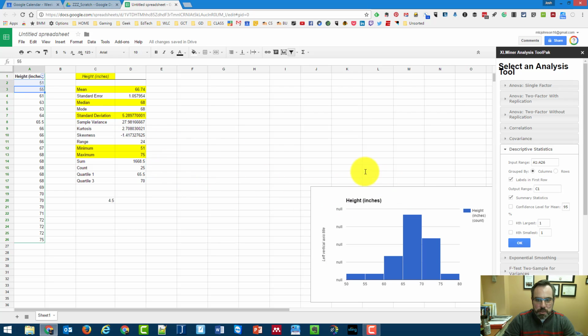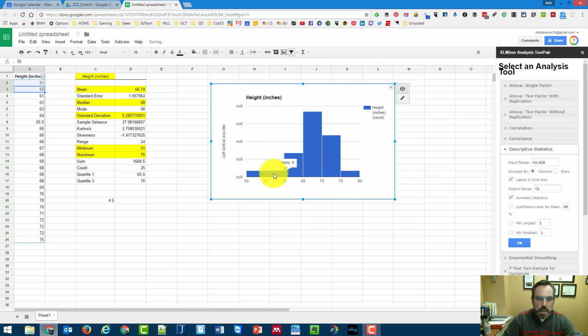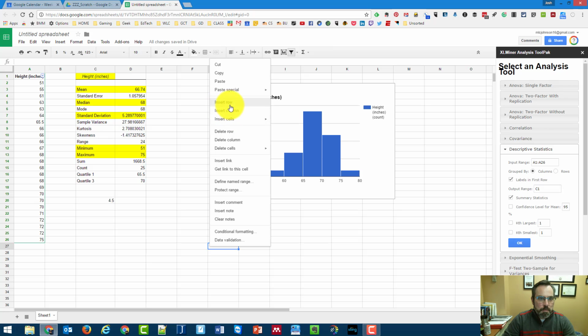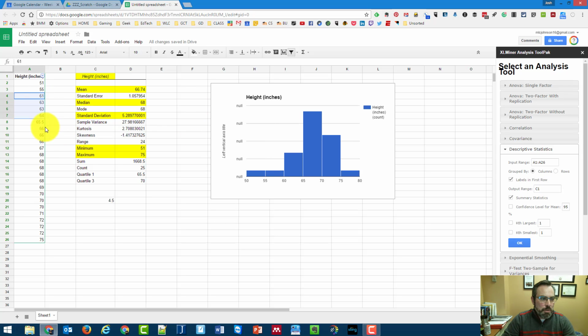They're fine in our graph. You'll see them in here. That's these two entries. They're considered outliers, as well as, if I add the 4.5 to my third quartile, this 75 is considered an outlier. So really, if I did a second histogram only using this data in the middle,